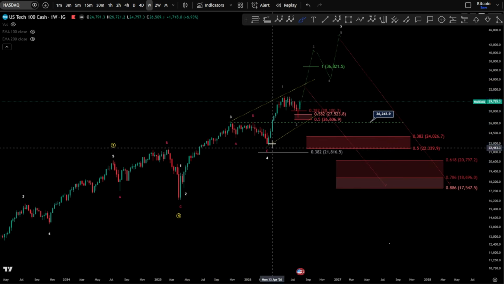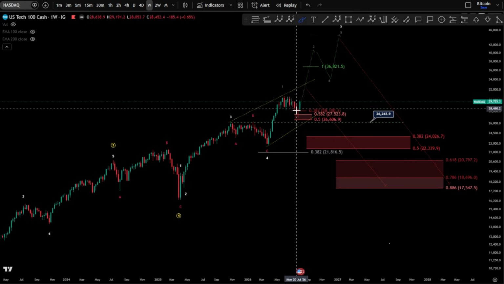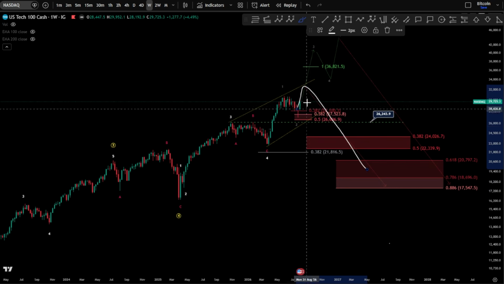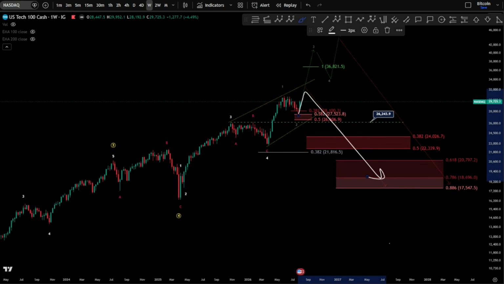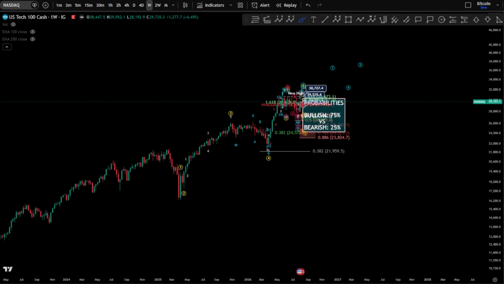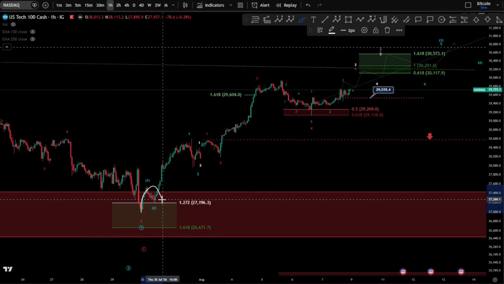This scenario here as a large 1, 2, 3, 4, 5 is just a probability. Don't forget you have a crossroad here. 1, 2, 3, 4, 5, you finish wave five short, and then pushing toward the downside, as we mentioned also already in the weekly on the channeling. For the 1 hour chart, we are looking as well at a 1, 2, and of course